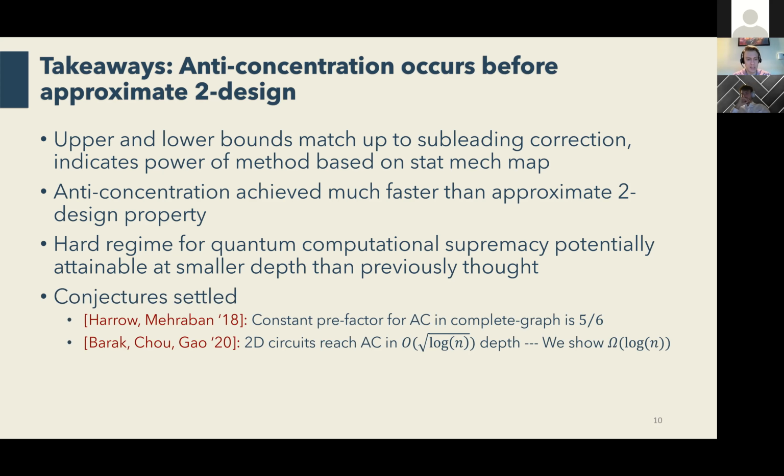And then additionally, these results settle a couple of conjectures that had been made in previous work. The Harrow and Mehraban paper from 2018 had looked at this complete graph architecture and conjectured the constant prefactor, but we've pinned it down to be 5/6. And then the Barak Chou Gao paper I mentioned had conjectured a square root log n depth bound,